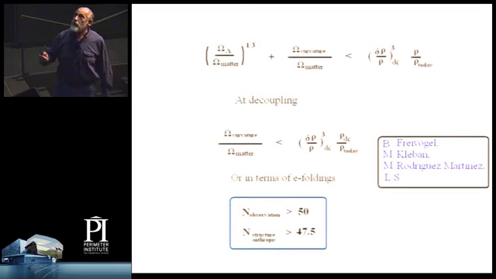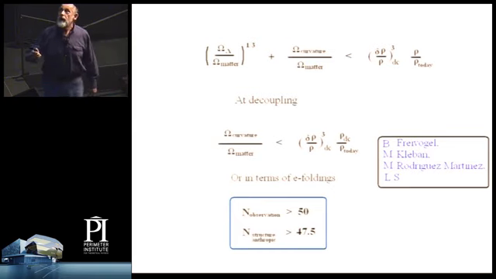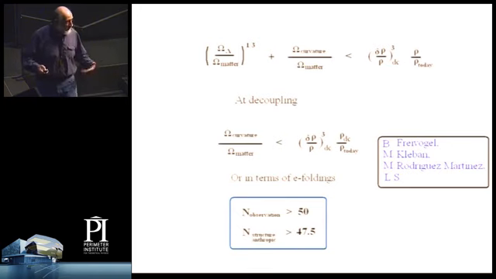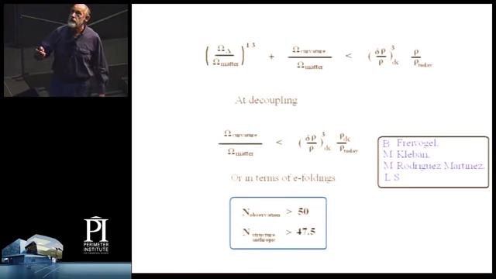Now, if you evaluate this today, then this term is negligible. If you evaluate it today, this is the big term here, and this becomes Weinberg's bound on the cosmological constant, the repulsive force of a cosmological constant, that if it was exceeded, we wouldn't have structure. On the other hand, we can evaluate it also at decoupling. At decoupling, this term is very small. This is the dominant term. And decoupling is, roughly speaking, fairly close to the time of structure formation. So this is the term to worry about.